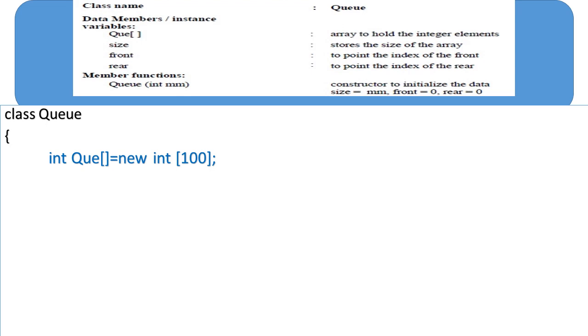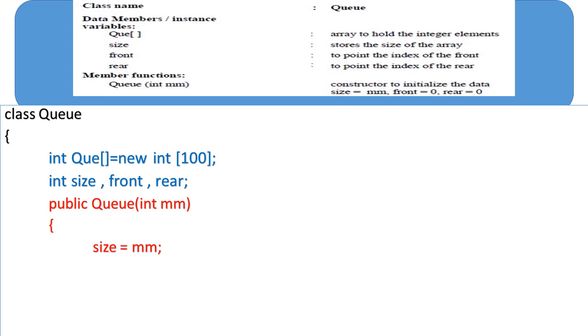Now the remaining three variables are integers: size, front and rear. So we can declare them at once. Int size, front, rear. Then we define the member function, that is the parameterized constructor. So public queue(int s), that is to initialize size equals s, and both front and rear to 0. So we can write front equals rear equals